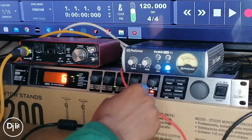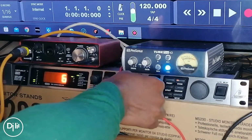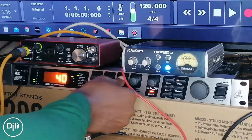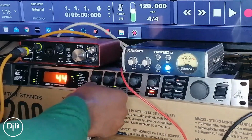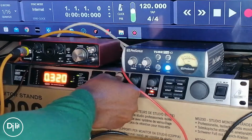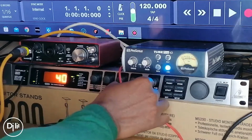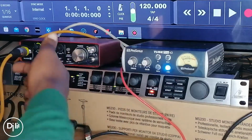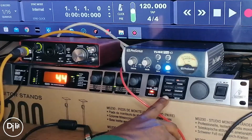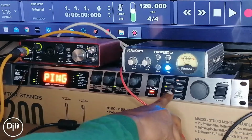Okay, now if you keep moving to your left, you find the parameters, where you control the parameters of the delay. This is the delay right, this is the delay left, this is the feedback on the right side, and this is the feedback on the left side. Okay, so if you press that effect button again while on a preset that you have selected like this, it will take you to